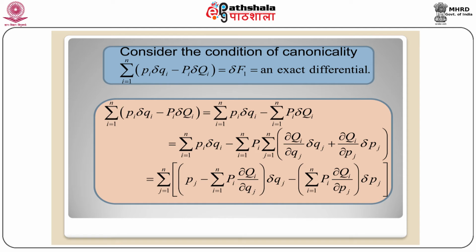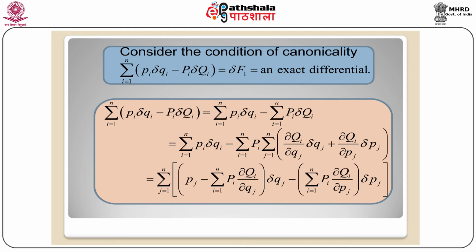In the right hand side, we have separated these two terms and written them in the first line. Then in the next line, the first term has been written as it is, and in case of the second term, we have replaced delta capital Q_i as summation over j equal to 1 to n